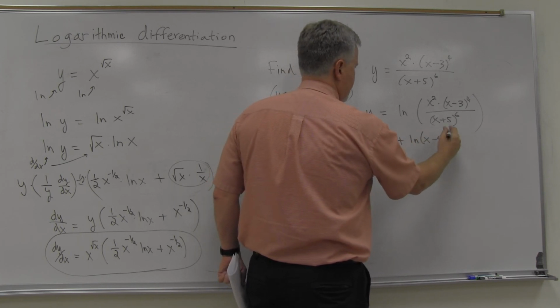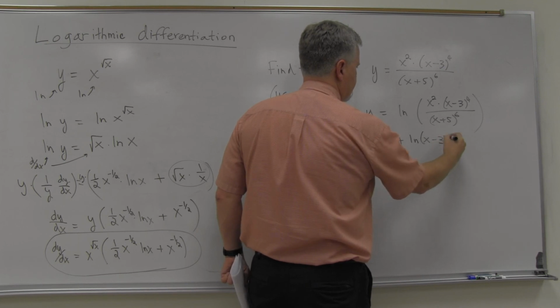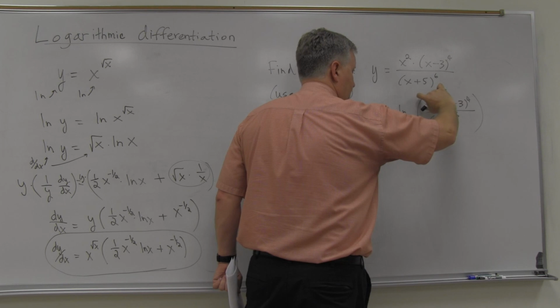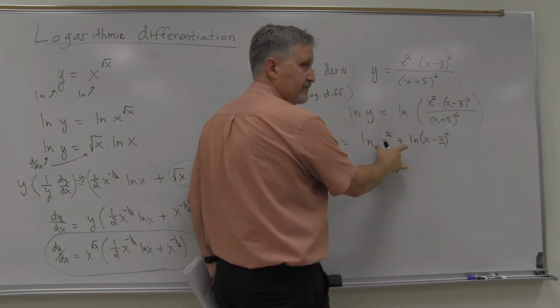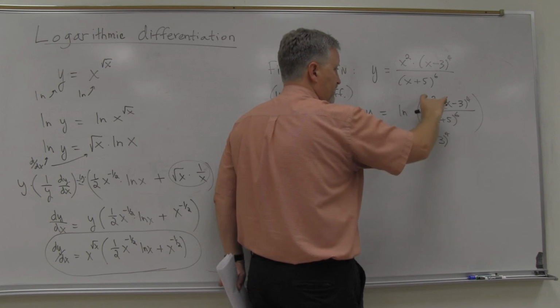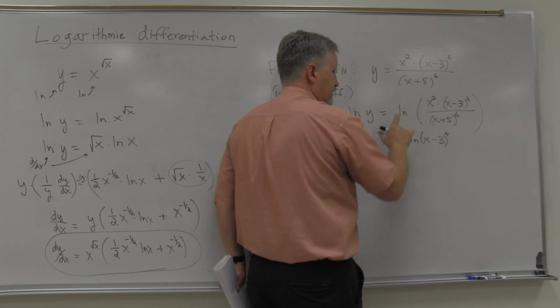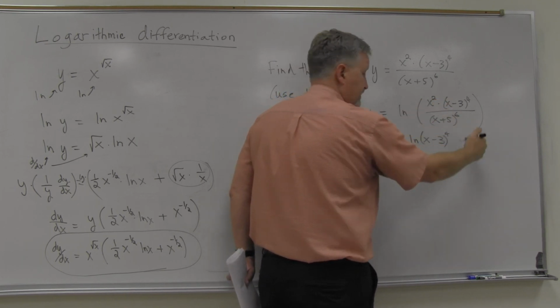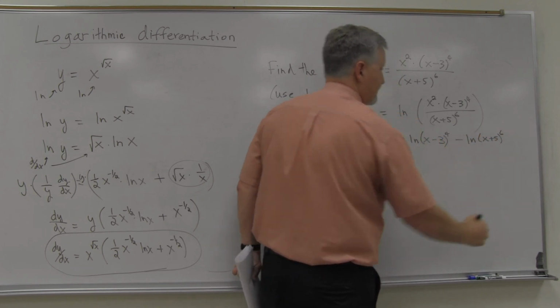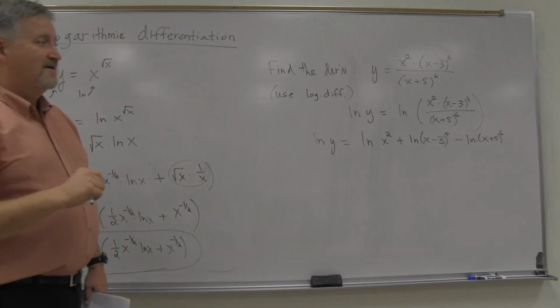This is kind of the expanding mode of properties. So since I've got the top, it's the natural log of that product, you see. And then we've also got the dividing, so we've got the ln of a quotient, so it's the ln minus the ln of that. Yeah, the derivatives of these